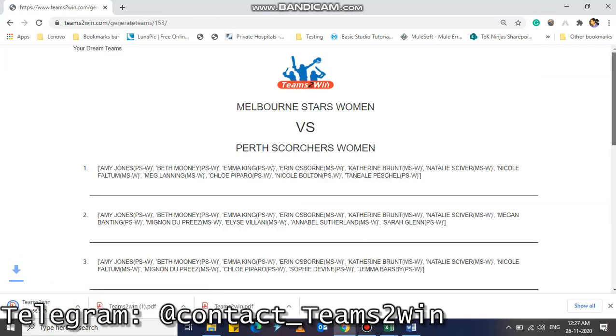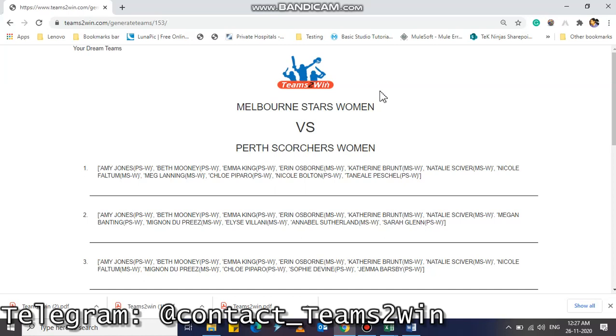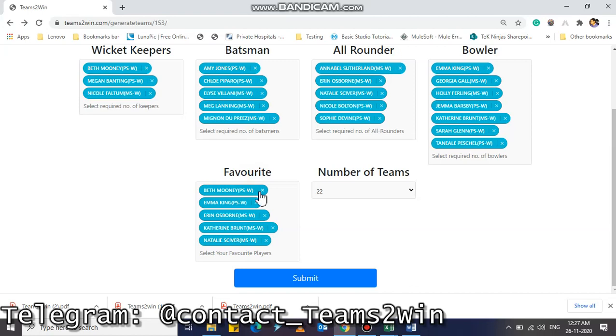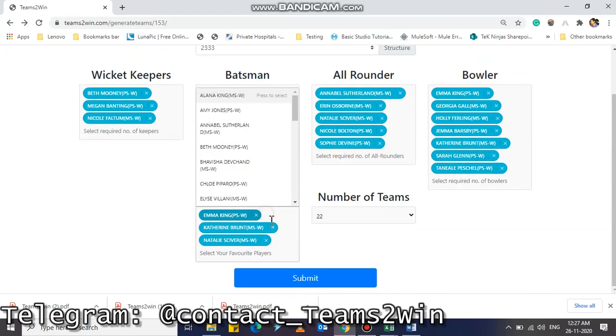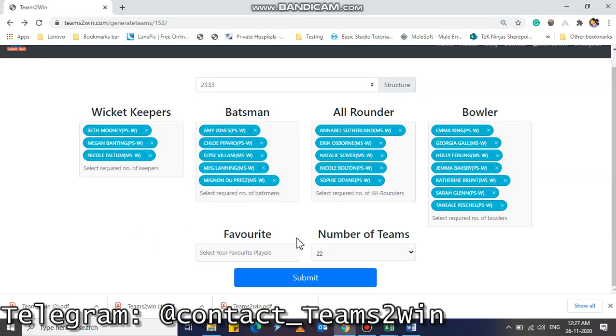Just check why, because these are the 11 which are satisfied with the Dream 11 conditions, with the favorite selection. If you remove it, we have the count of 21, na? If you observe, first we got all the possibility teams, right? 21. So then click on submit, you will get 21.